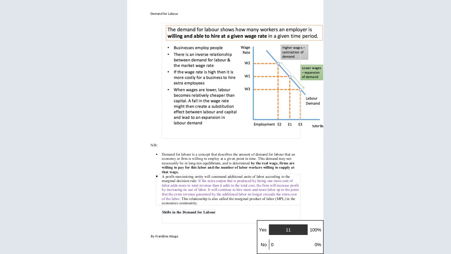This is about skill, whereby the more you invest in education, the more you earn. And the less you invest in it, the less you earn. We are going to talk about it. So for this case, let us talk about the shift of the demand curve. And here, when you talk about the shift of the labor demand curve,